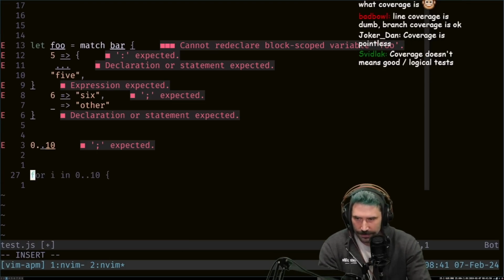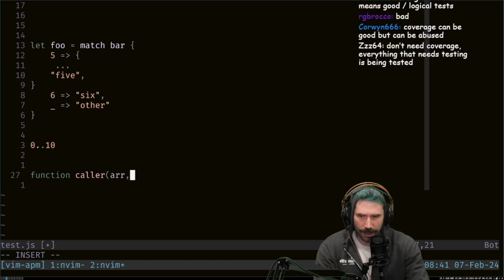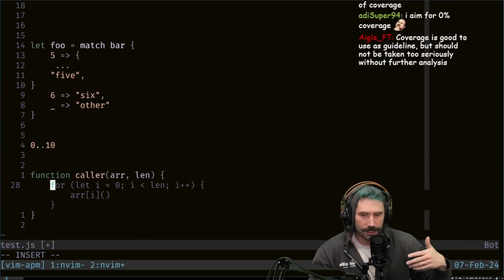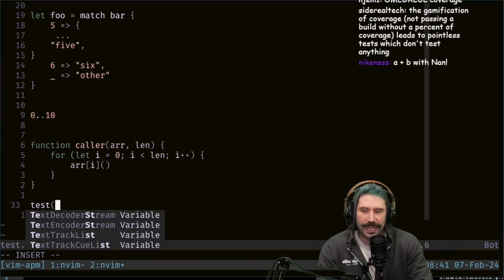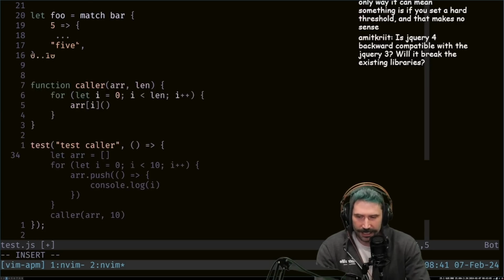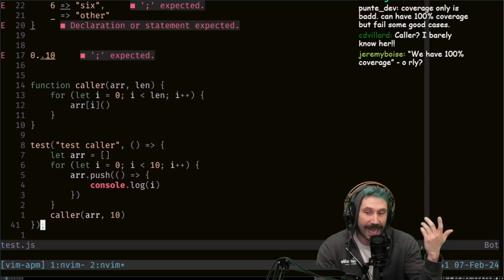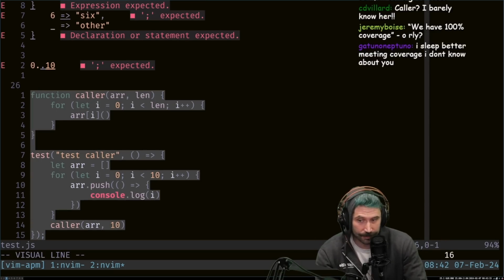Here. Function, watch this. We'll call this caller. Right? You get to call an array for a certain amount of time. Okay, good. Look, Copilot already knew what I was doing. Now I can have a test caller, right? And it's going to look like this, and I can go like this. All right, we'll do this 10 times. Bam, bam, bam, bam, bam. Look at that. I have 100% coverage, right? We just did 100% coverage right here.